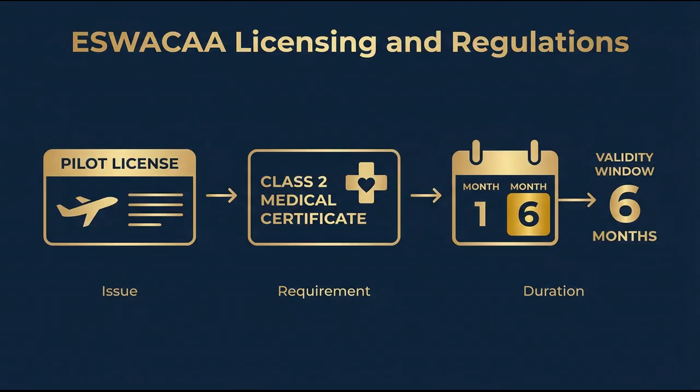In Eswatini, the Eswatini Civil Aviation Authority administers personnel licensing under the 2011 PEL regulations. To even sit for the Aeronautical Knowledge Test, Regulation 21 requires you to present proper photographic identification and obtain an endorsement from an authorized instructor, certifying you have completed the required ground training and are prepared.